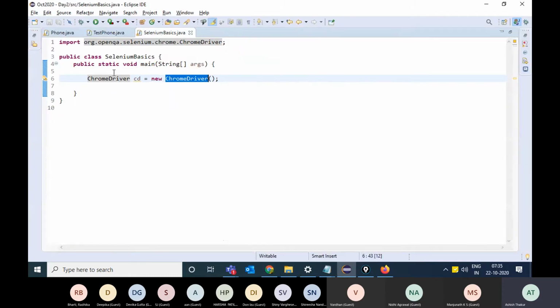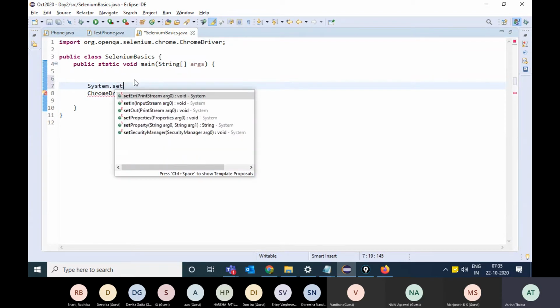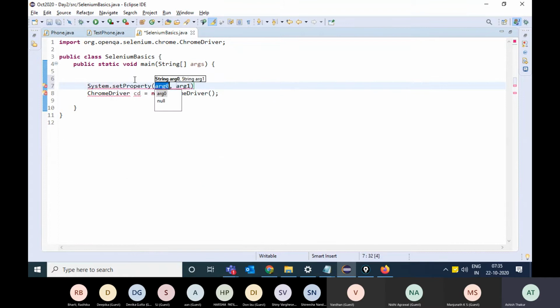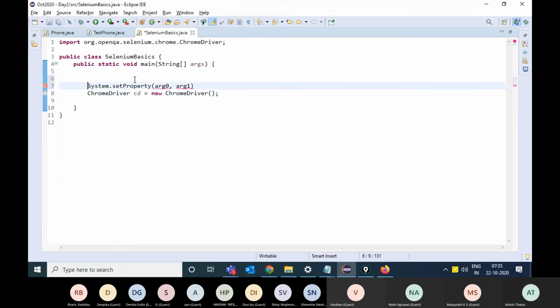You need to write over here System.setProperty, and give the path of the exe.